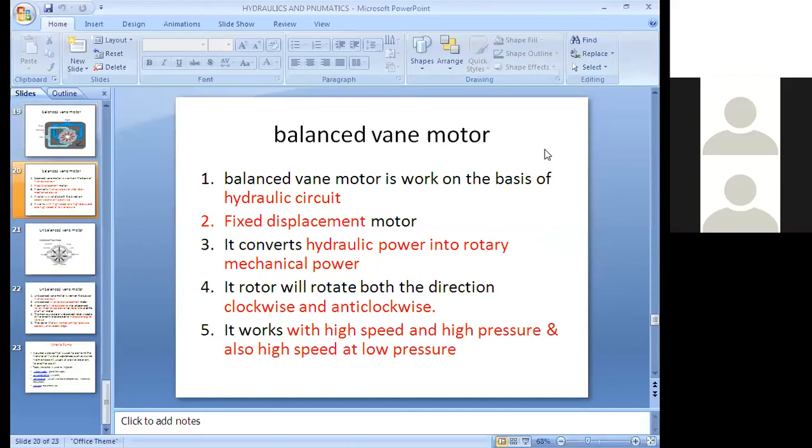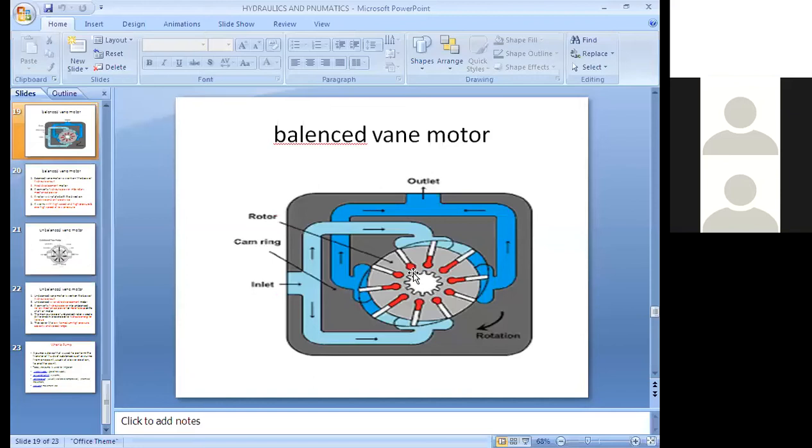There is no variation in the space between them, I will show it here. You have to observe the ellipse as well as the rotor: a gap is there between the rotor and the cam ring. On this side also a gap is there, but here there is no gap, because the cam ring as well as the ellipse, wherever the rotor is attached on both sides, but a gap will be created on both sides.